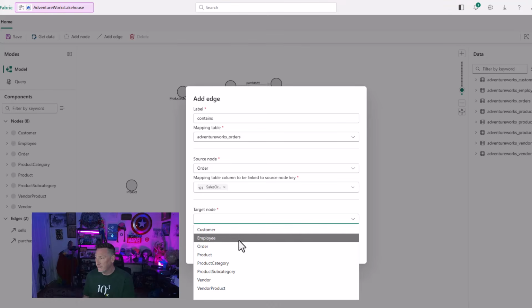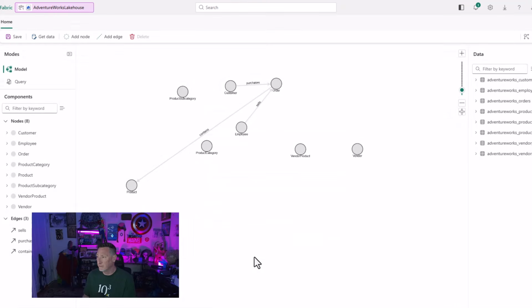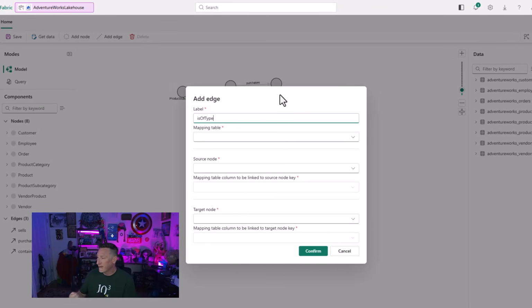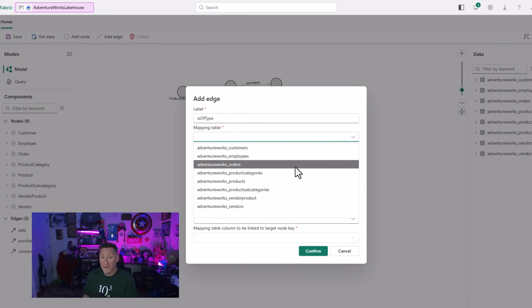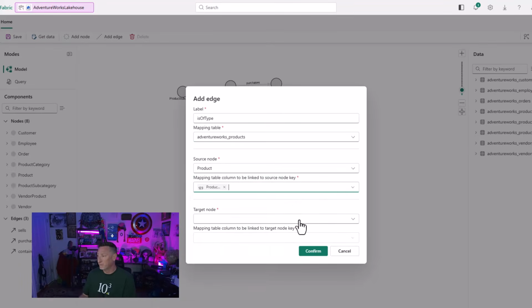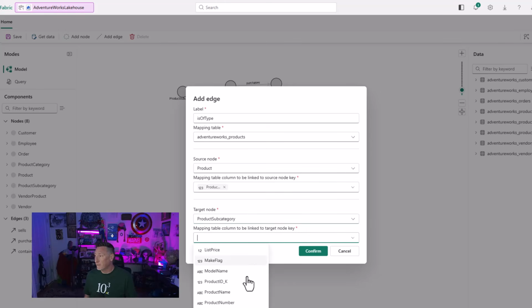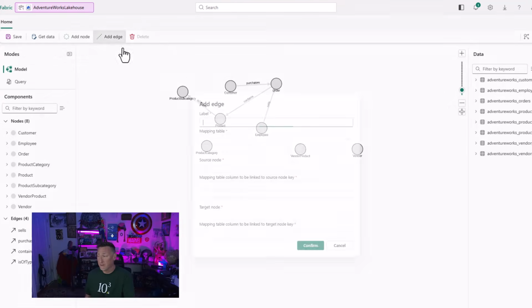So now we're going to connect contains, because, of course, orders contain products. And as we build these relationships, it gives us the capability to see the interconnectivity of our data. Now, this is as of type, and we have products, and then we have product subcategories. So we want to make sure that we understand what type of product we are actually utilizing. This connects this so that we can get purchases from customers, and we can also see what categories our